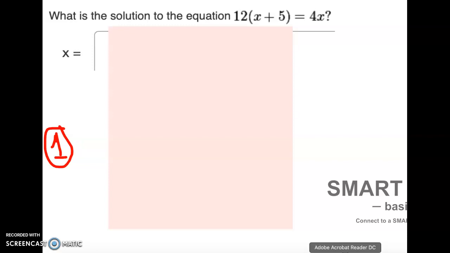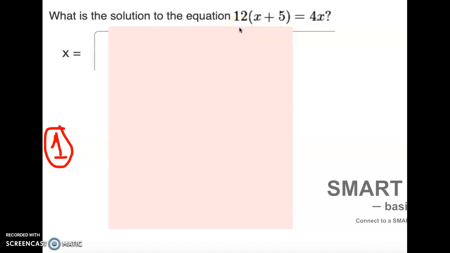Alright, in this video we're going to go over question 1 on the Algebra Unit 1 test. So here this question says, what is the solution to the equation 12 times the quantity x plus 5 equals 4x? So here what we need to do when we have this 12 outside the parentheses here,